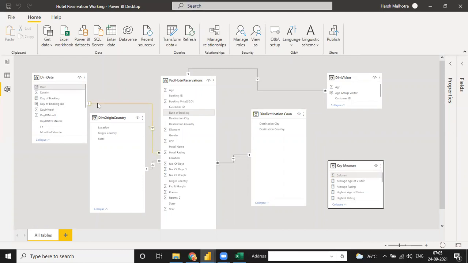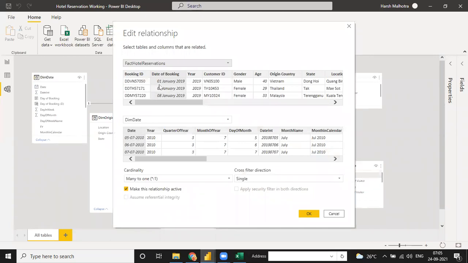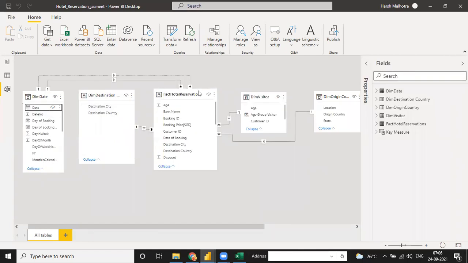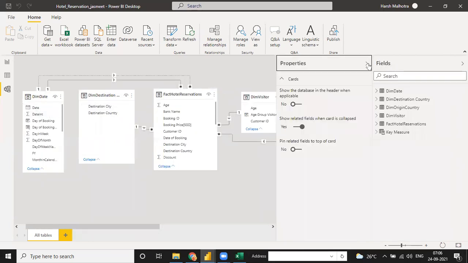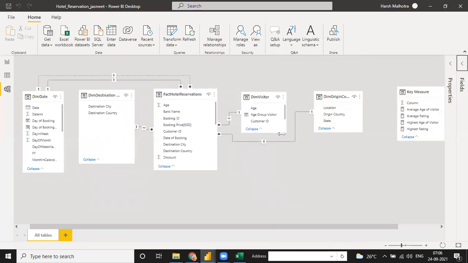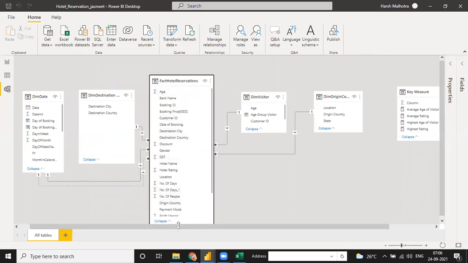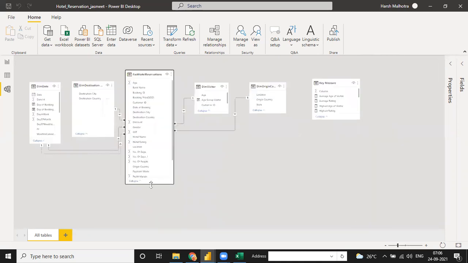See, date to date of booking is a great relationship. And the last one. Origin to origin country.